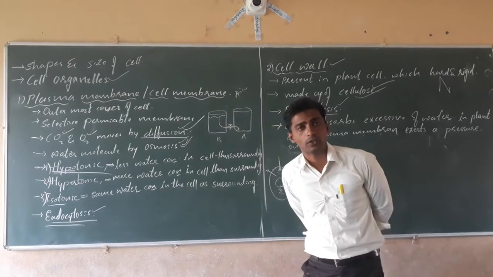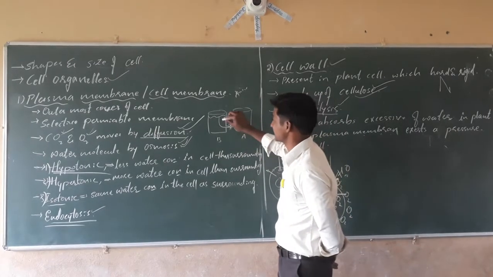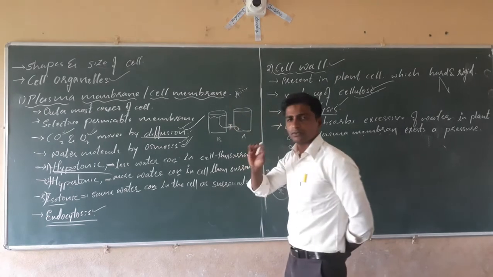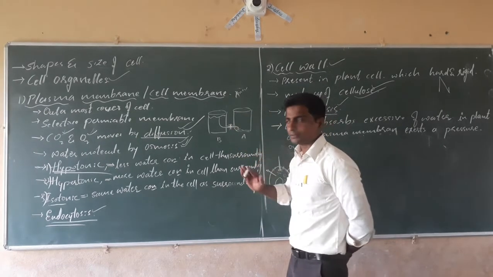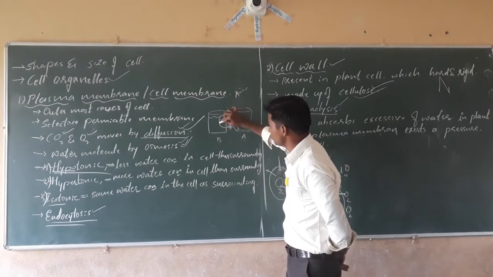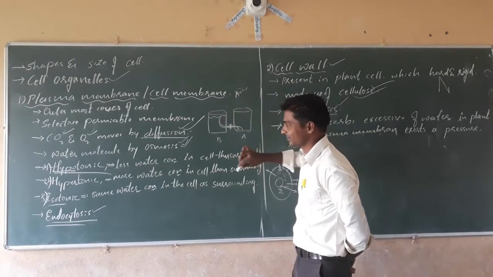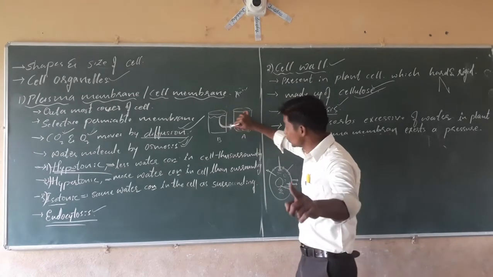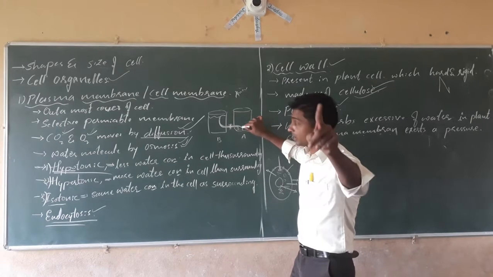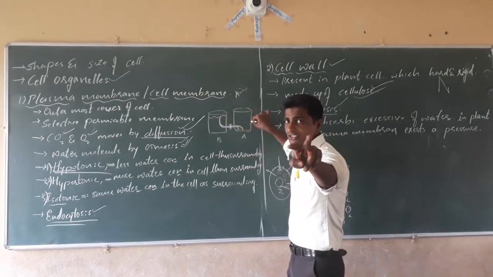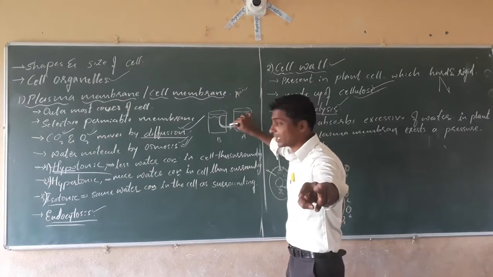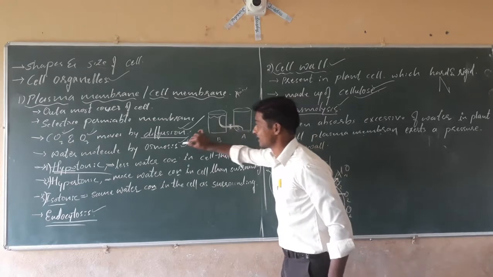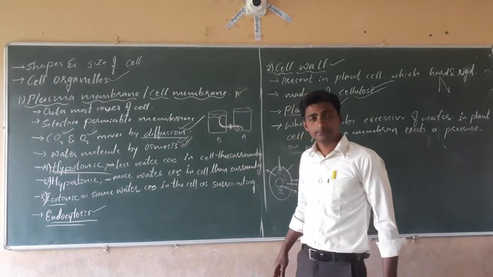The movement of molecules, suppose for example we have taken water here and we put a thin layer. See what happens? The water will move through this thin layer. Then we can say, the movement of molecules from higher concentration towards the lower concentration, same definition, through a thin semi-permeable membrane, then we can say that is osmosis.